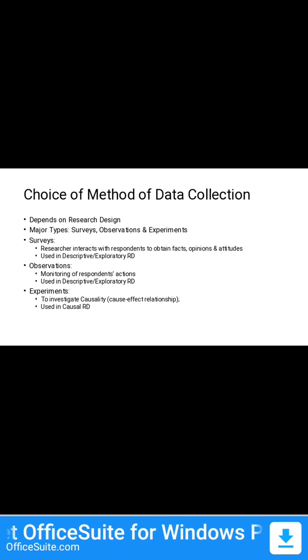Suppose I'm saying that if I increase the salary of a particular employee, his chances of quitting the organization will reduce. So increase in salary will affect a reduction in the attrition rates. So increase in salary is the cause, and reduction in attrition rates is the effect. So this is the cause effect relationship, and if we are trying to investigate this, we generally use experiments, and